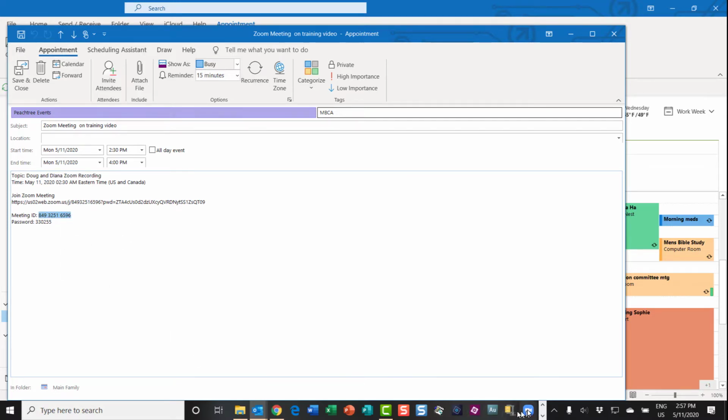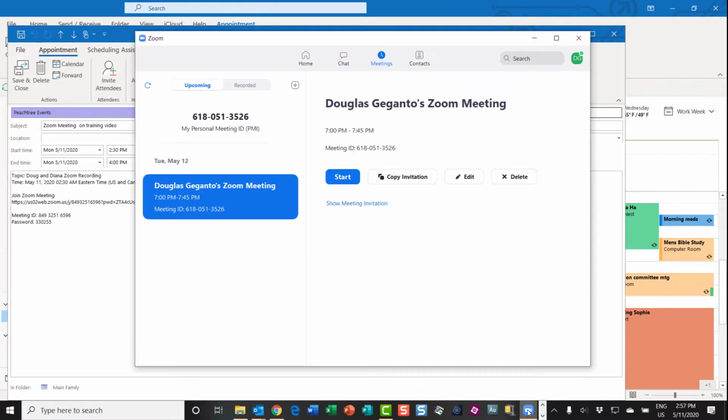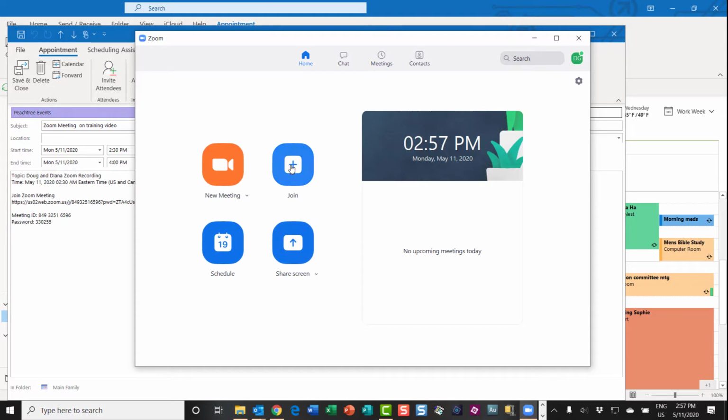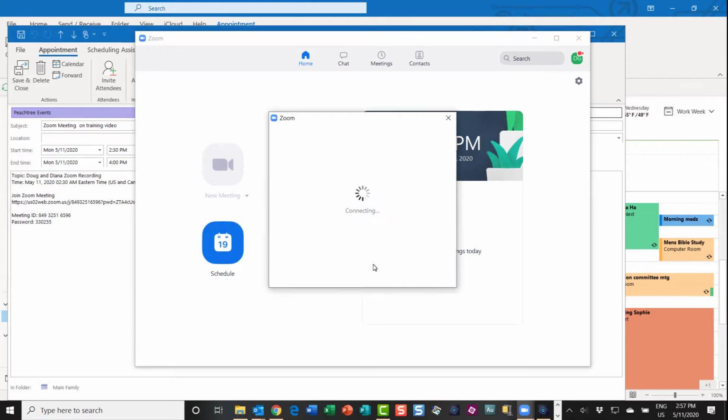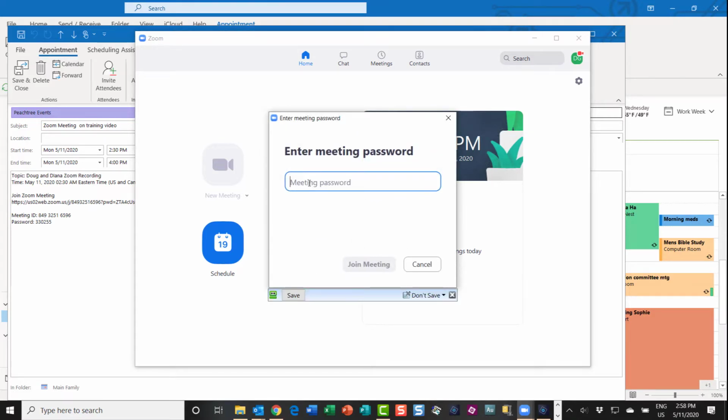And now I'm going to open up the Zoom app that I've downloaded to my computer and click the home button. And I want to join a meeting. So I'm going to paste in the meeting ID. I'm not going to check any of these boxes because I want to connect with audio and video, and I'm going to click join. Now it's going to want the meeting password, and you can find that right underneath the meeting ID. It's 330255, so I'm going to do 330255, and I'm going to click join,